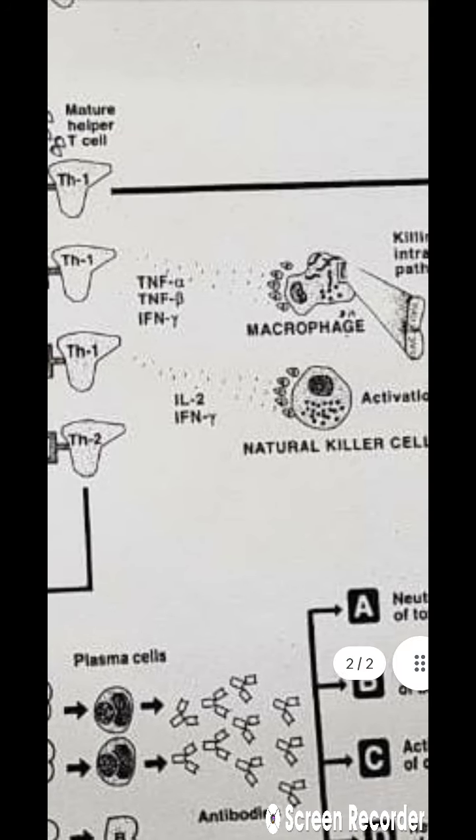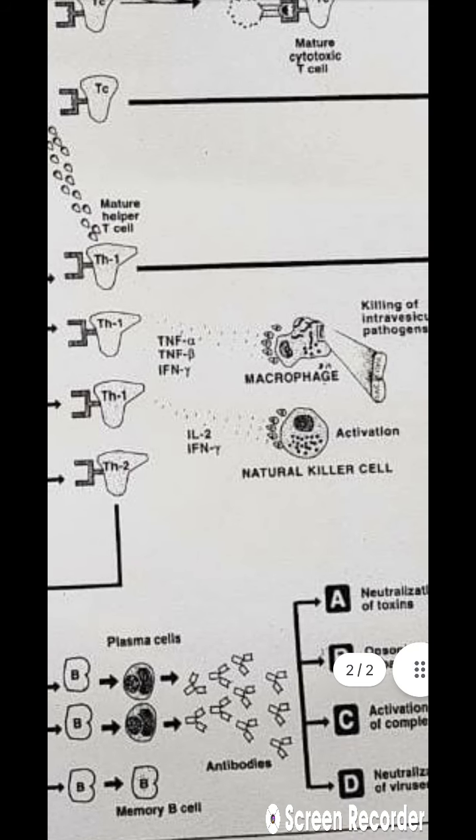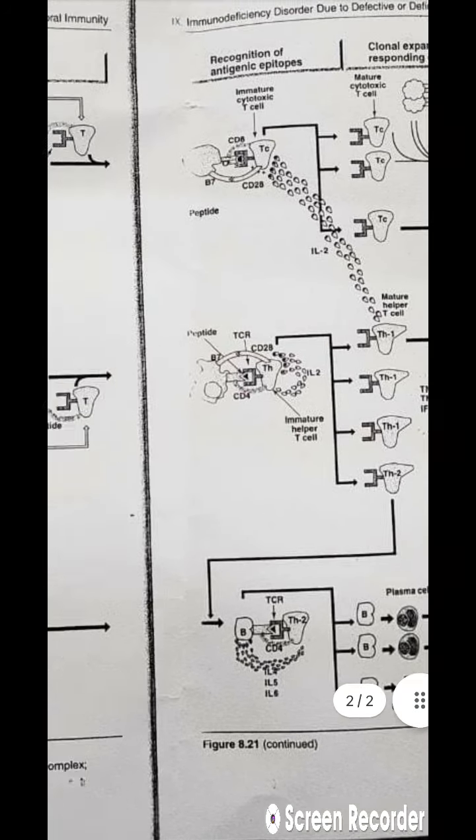Besides that, this TH1 also releases interleukin 2 and interferon gamma, which activate the natural killer cell. You know there is another type of cell present in the innate immunity, called the natural killer cell. When they get activated, they can also kill the intracellular bacteria. So this is the story of